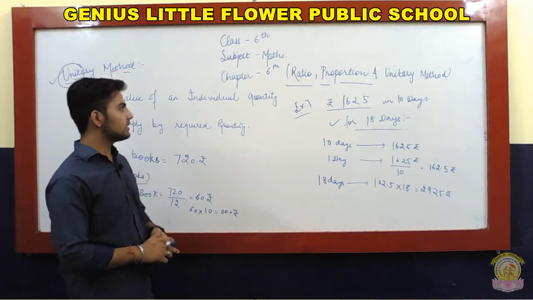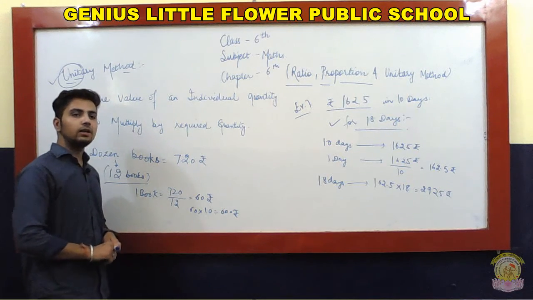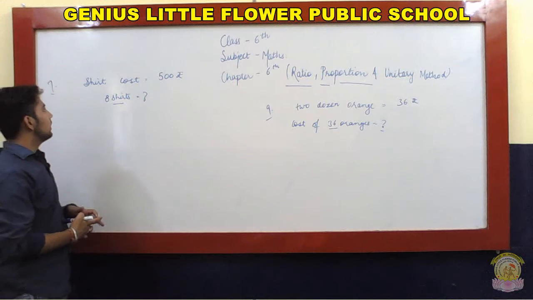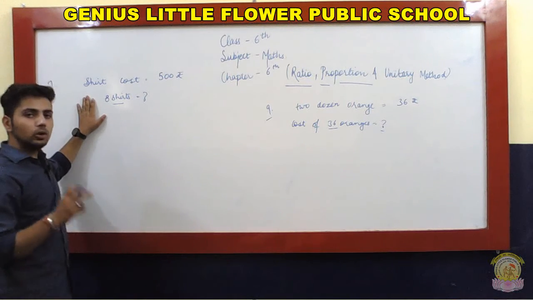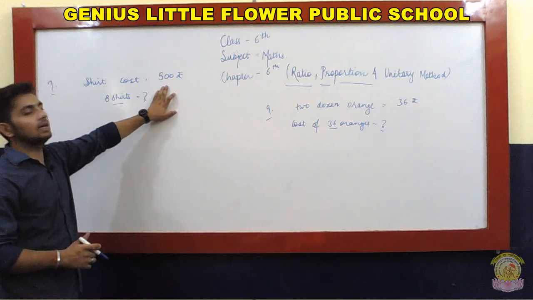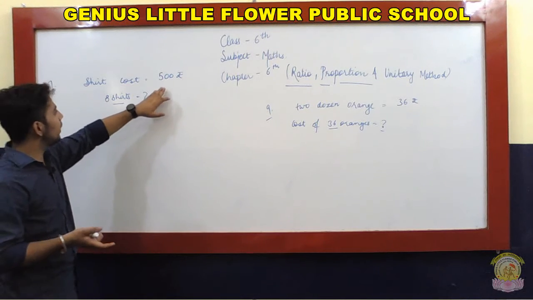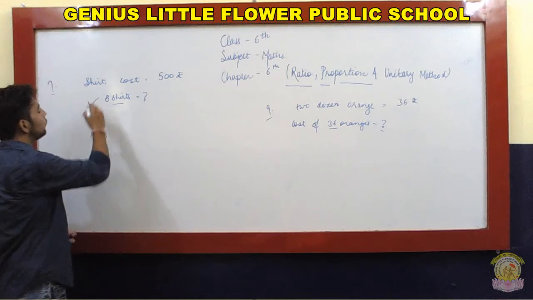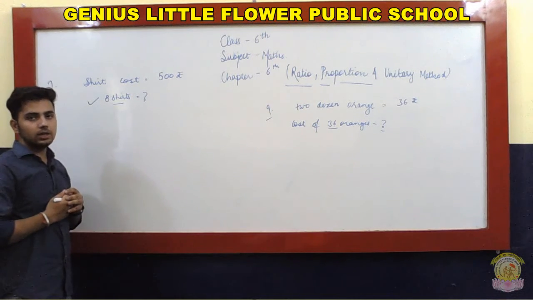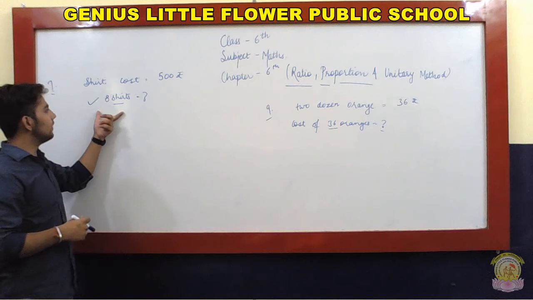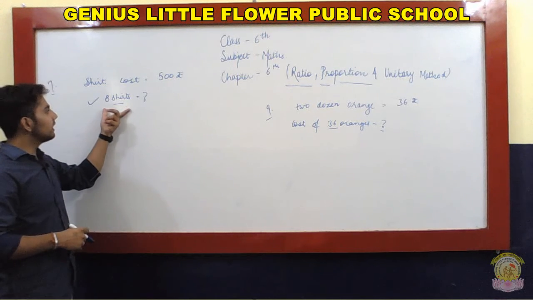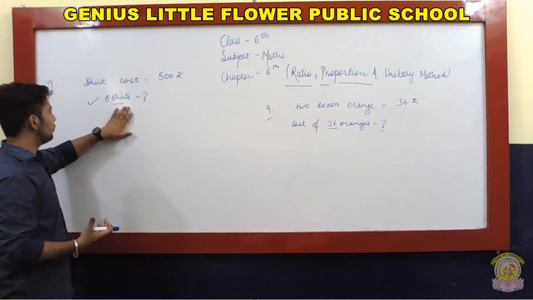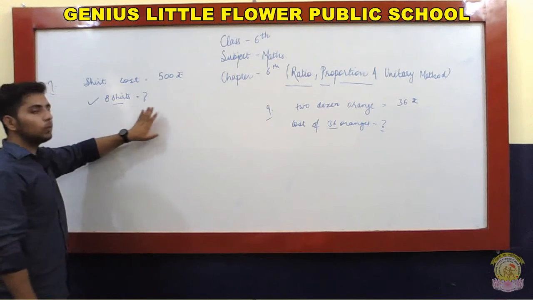So now we are going to consider exercise 5.3. Here we are given that a particular shirt costs rupees 500. एक शर्ट की कॉस्ट जो है वो है 500 rupees. And you have to calculate for 8 shirts, that how much 8 shirts cost. मतलब कि अगर एक शर्ट 500 रुपये की है, so 8 shirts कितने रुपीज़ की होंगी.